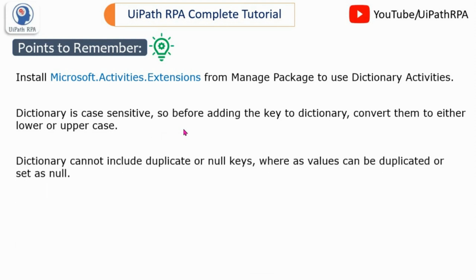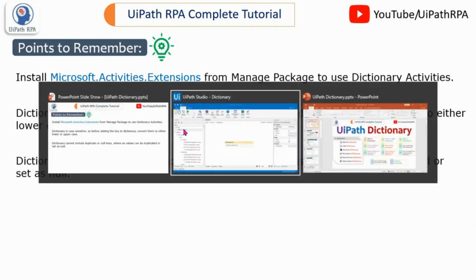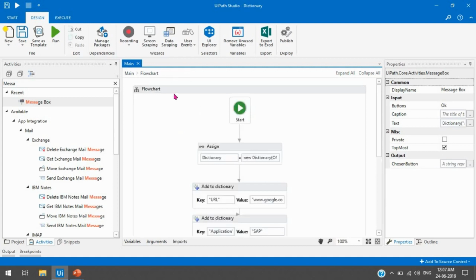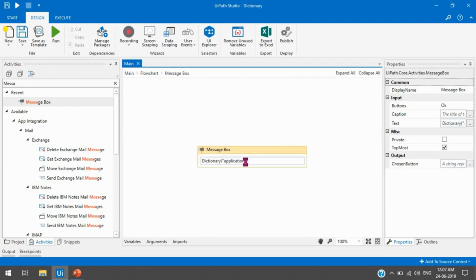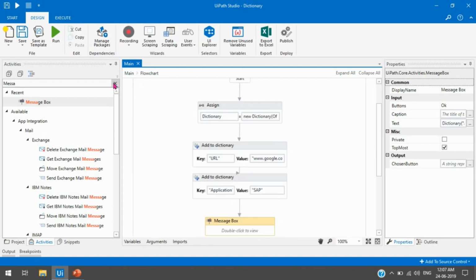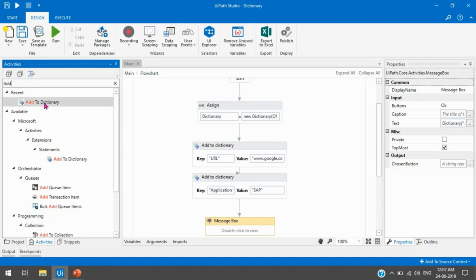Dictionary cannot include duplicate keys or null keys, whereas values can be duplicated or set as null. So in the dictionary we cannot include duplicate or null keys. Let me show you. If you are going to add the same key to the dictionary, like application, which is already created, we will not be able to add it, we will get the error. Let me take one add to dictionary. I am going to take another activity. This is for the same thing,